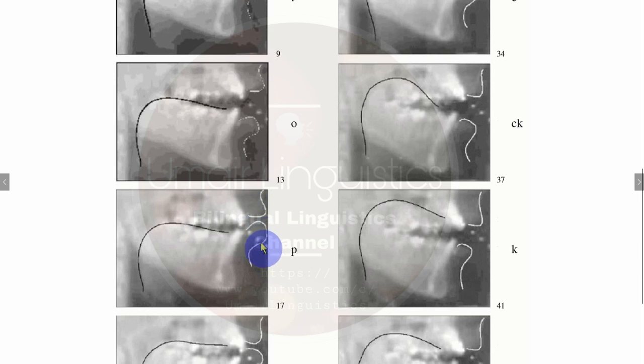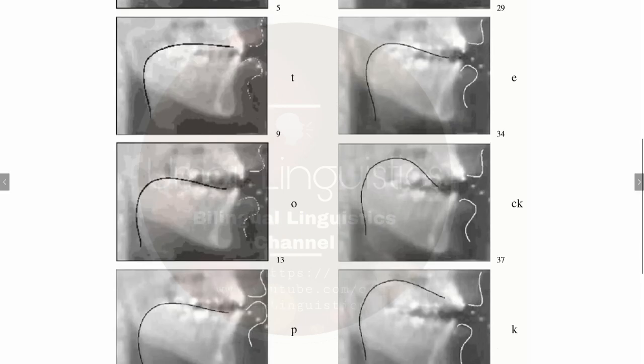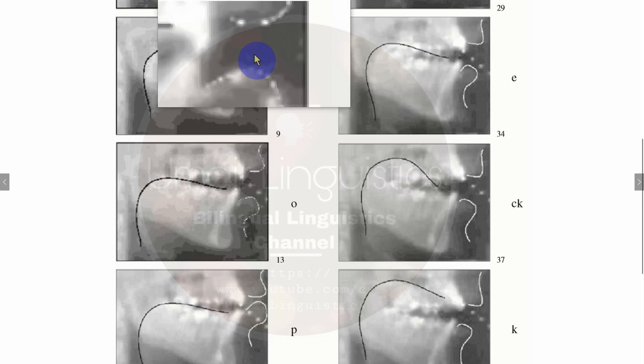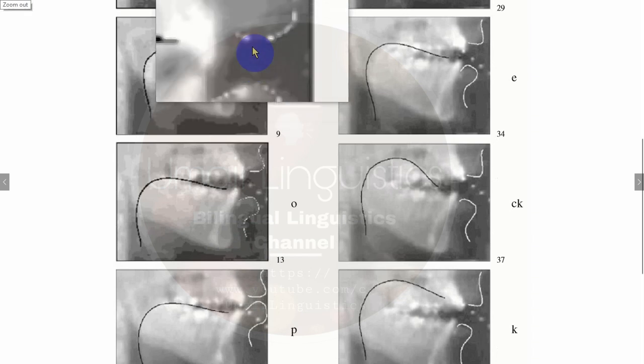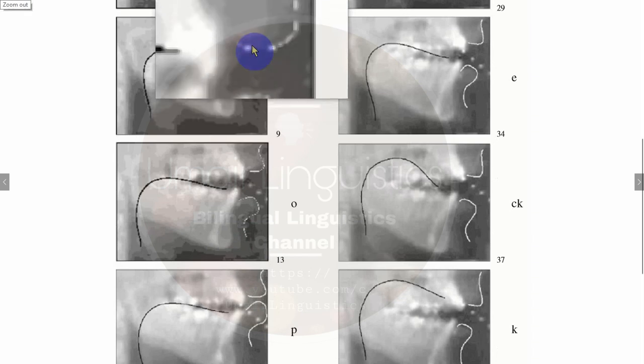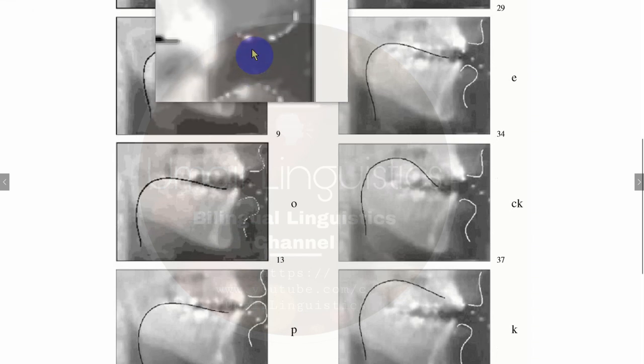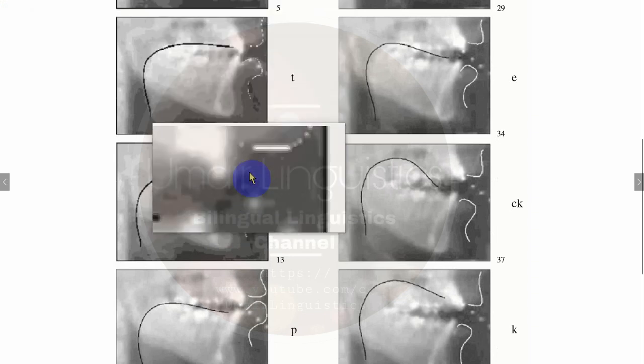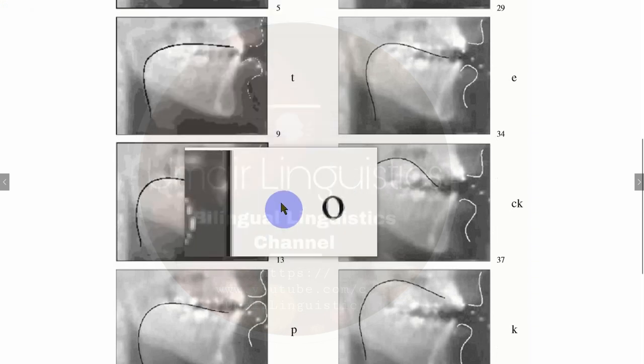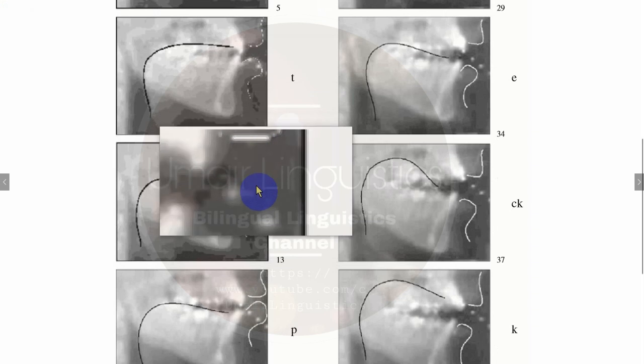Then "th," and just focus on the lip position. It's very interesting to know. So here in "th," the distance between the lips is this much, and this is how much the mouth has opened. But just focus on the vowel "o."